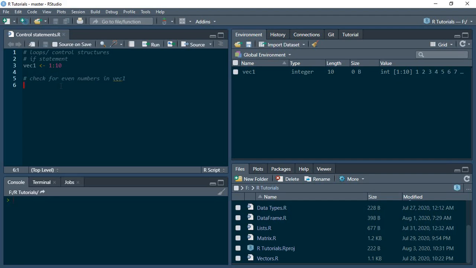Okay, we need a for loop here. Let's leave it at 10. For that to work on a vector, we need a for loop, but let us make things simple for now. You can just say if vec1, okay, you can also rename this one to just x. So if x modulus 2 equals 0,